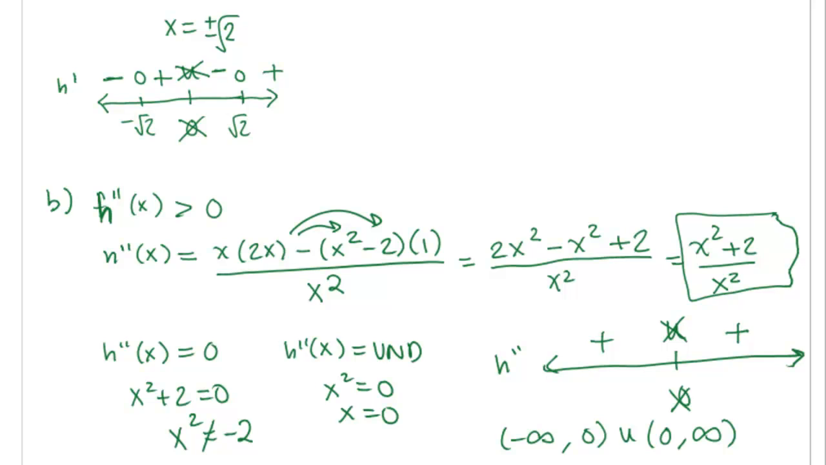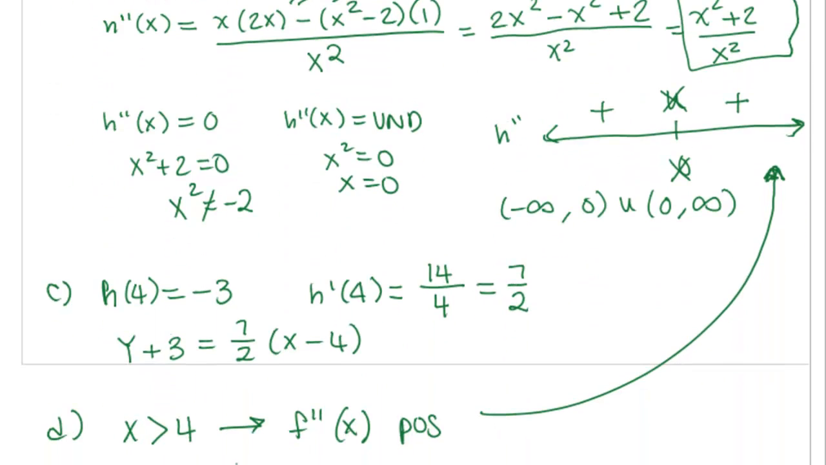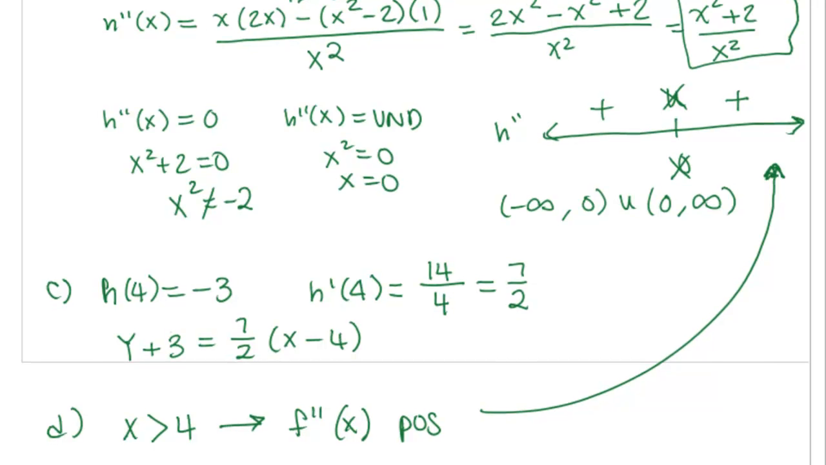So f double prime of x is positive. And how do I know that? Because we did a sign chart right here. So because the second derivative is positive, I'm going to draw a concave up. I'm going to physically draw a tangent line anywhere on there so I know the answer to the question. So I can tell, because h double prime is positive, h is concave up when x is greater than 4. Therefore, the tangent line